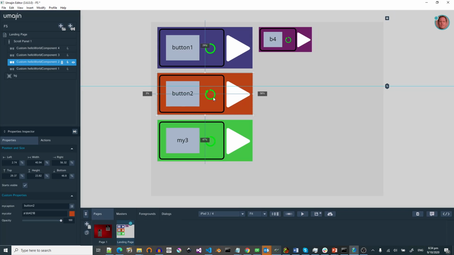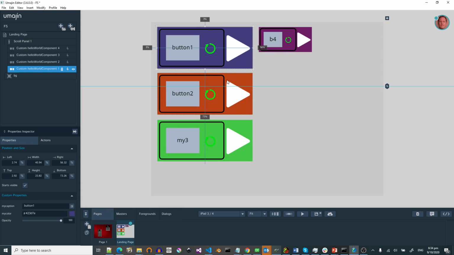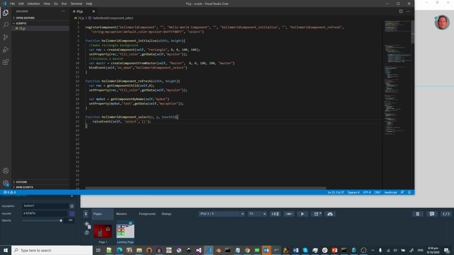Yeah, so it's pretty exciting. So essentially this means you can now separate kind of a lot of the design stuff. This is labeled my butt. That's just whatever arbitrary name I want to give it, but as long as that name is spelt the same, when my custom component now utilizes this overall master labeled down here by the page master page name, it is now picking up and instantiating all of those components, and then the custom control can now address just by using this new, so create new component from master makes them, and get component by name gets those named components out